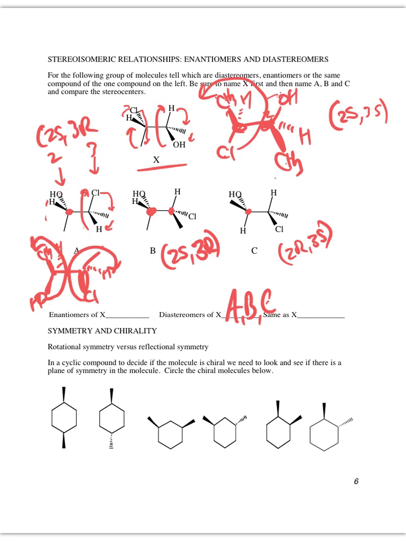Okay, now down here in the bottom part, make a model of these and look at them and prove to yourself that there is a point of symmetry in both of these. Okay, there's a point of symmetry in this one, and one of the last three has not a plane of symmetry, but when you ring flip between the two, I'll give you a hint, it's one of these two. When you ring flip between them, you get the same compound. Okay, so try that and prove to yourself which one of these two is